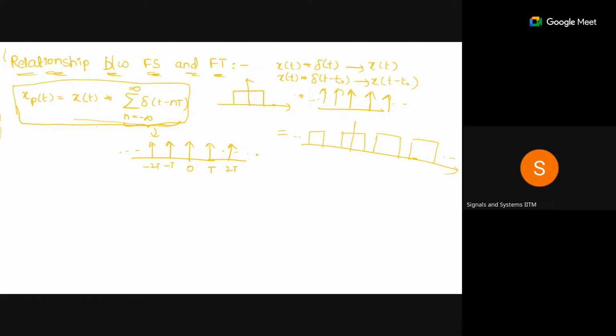So from the convolution property, if you want to know the Fourier transform, we'll be applying the Fourier transform to this. So the Fourier transform of xp of t will be equal to the Fourier transform of the convolution, which will be a product in the frequency domain. It will be X of j omega multiplied with the Fourier transform of